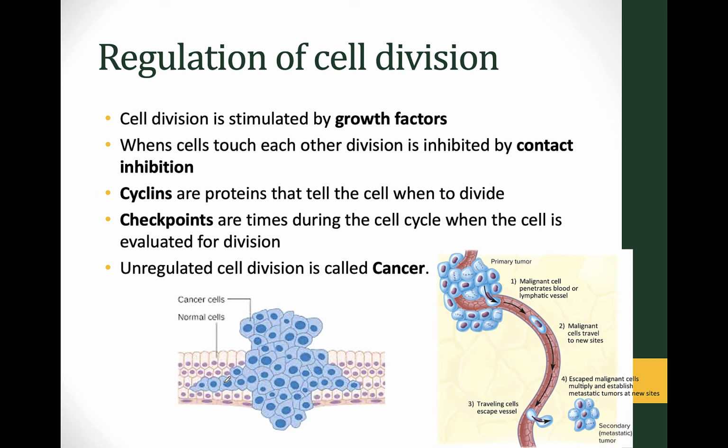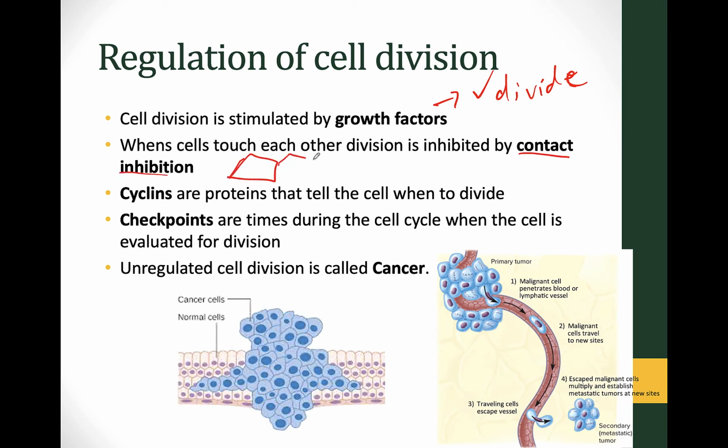They stay in interphase. So what we have are these things called growth factors or cyclins that help tell our body when to divide and when not to divide. A growth factor is going to say, yes, divide. This actually happens when you get a cut. Your blood platelets will come to that area and release growth factors and tell your body, hey, we've got to repair this cut. And once it's repaired, the body knows to stop growing because the cells touch each other.